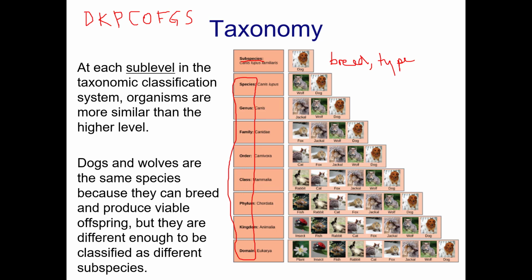Now they're showing you the specific names for the classification of a dog. So a dog is domain Eukarya, kingdom Animalia. The phylum is called Chordata. The class is Mammalia. The order is Carnivora. Family Canidae. Genus Canis. Species Lupus. Canis lupus. But in any case, one thing I want you to know is that these are not the only